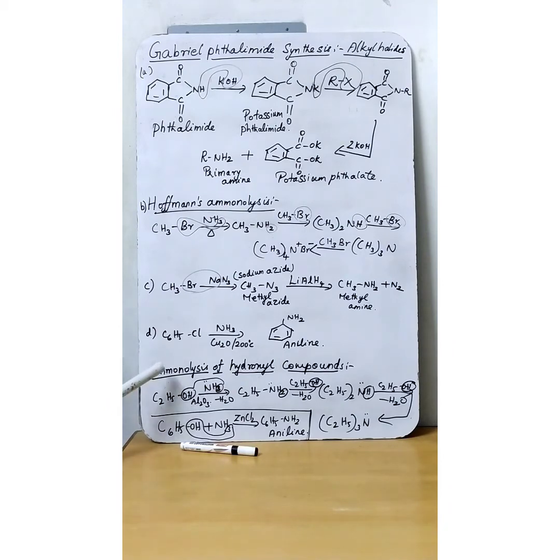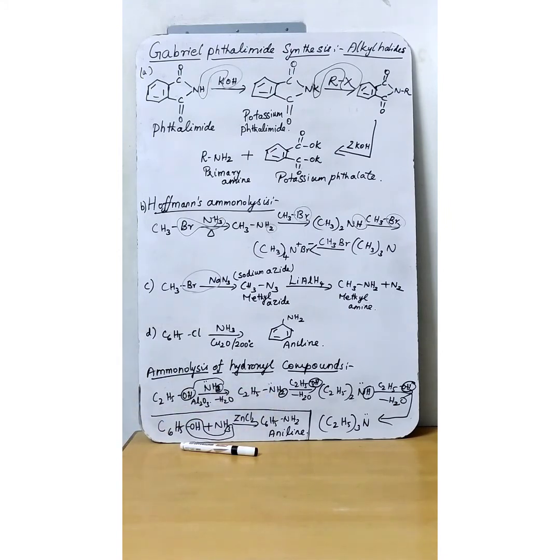Okay. Next one, ammonolysis of hydroxyl compounds. A hydroxyl compound means an OH group will be there, so we can say that is an alcohol. An alcohol like ethyl alcohol will undergo ammonolysis. Addition of ammonia is called ammonolysis. So ethyl alcohol combined with ammonia in the presence of aluminium oxide Al2O3, OH and H will be removed as H2O. Then the balance NH2 will come and attach to this ethyl group and you will get ethyl amine,